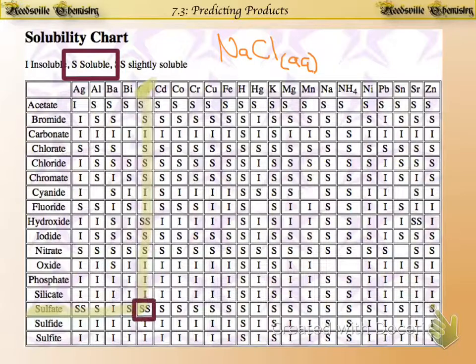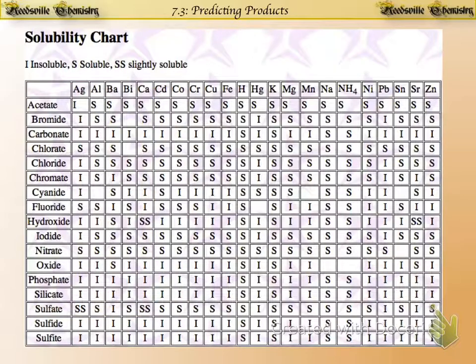SS means slightly soluble. Guess what, guys? That means soluble as far as we're concerned. Okay? That totally means soluble. So, for our purposes,